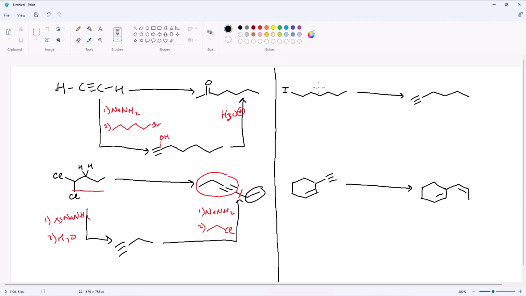In this species, we have 1, 2, 3, 4, 5, 6 to 1, 2, 3, 4, 5, 6. So we have the same number of carbons. So we haven't done any alkylation reactions. However, it seems that we've gone from an alkyl halide, a terminal alkyl halide, to a terminal alkyne. So we've turned an alkane into an alkyne. The only way we know how to generate alkynes is from the double dehydrohalogenation reactions, and the only way we know how to make double